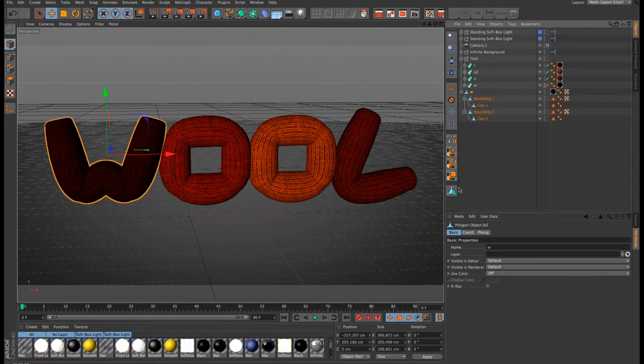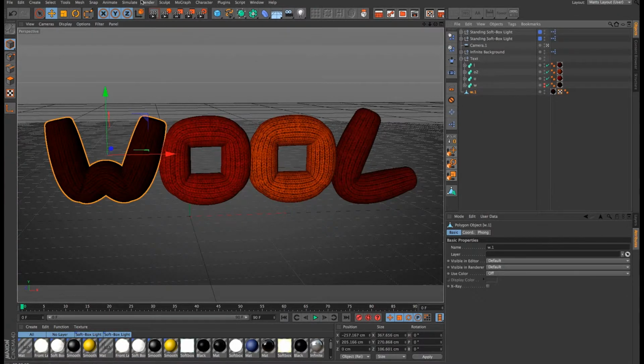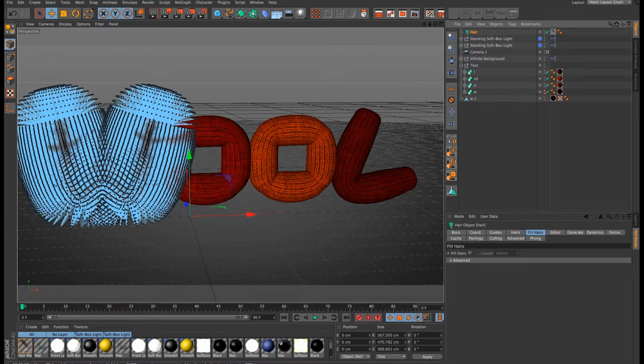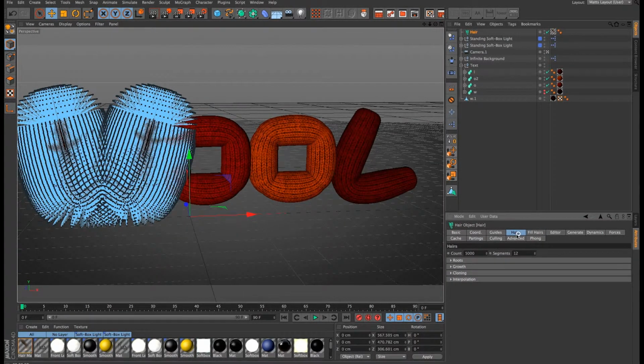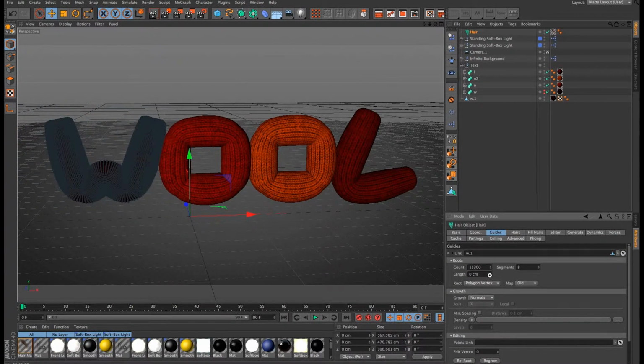what I'm going to do is just create that one. With that selected, we're going to come up to our simulate hair objects and add hair. And as you see straight away, it's manic. So first thing we need to do in our hair, we're going to shorten it. Obviously on wool it's very, very short. We're going to reduce this right down to,